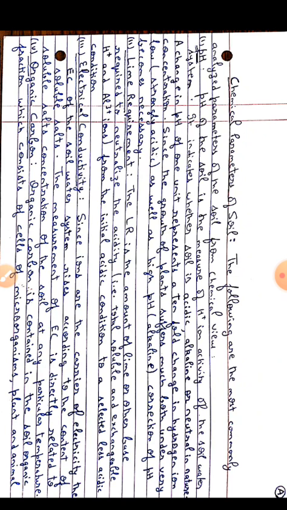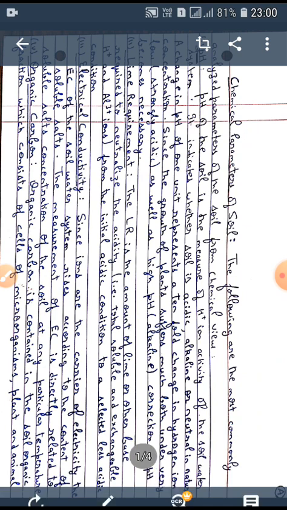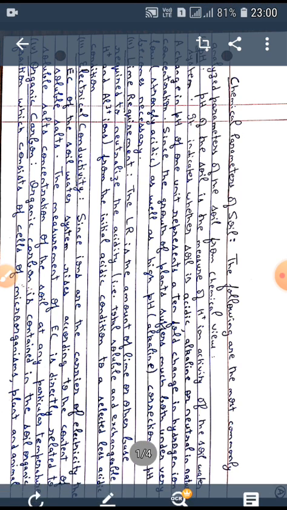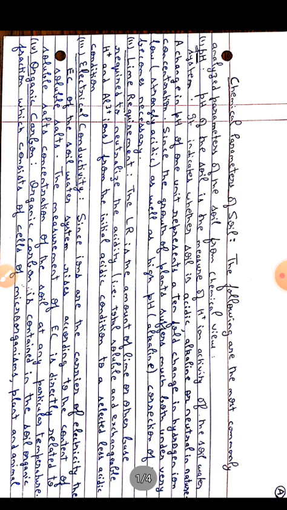pH of the soil is the measure of hydrogen ion activity of the soil water system. It indicates whether soil is acidic, alkaline or neutral in nature. A change in pH of 1 unit represents a tenfold change in hydrogen ion concentration. Since the growth of plants suffers much both under very low, that is strongly acidic, as well as high pH, that is alkaline, correction of pH becomes necessary.